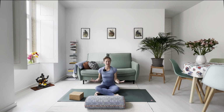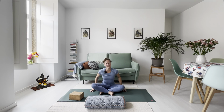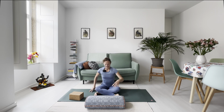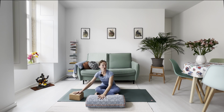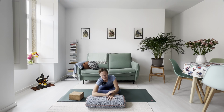And if that's actually really challenging for you, maybe you're feeling really tight in the hips today and the knees are floating up, it's totally okay if you need to just cross the ankles instead, crossing the left ankle in front of the right ankle. And let's just ease forward again. So using these lovely forward folds and the support of our blocks or block or bolster or arms to